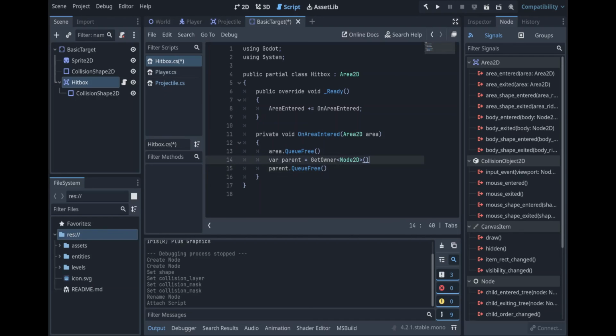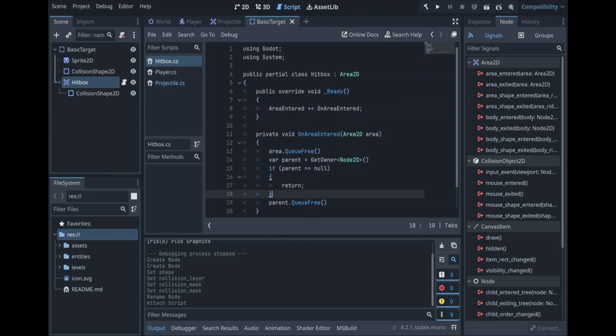Now, we could be very safe about this and say, for instance, if parent equals null, we could return. That way we're not trying to delete something that doesn't exist. However, alternatively, this isn't necessarily required because there shouldn't ever be an instance where the hitbox exists by itself, but that is exactly the type of case that could cause a problem for you later on if you're not checking